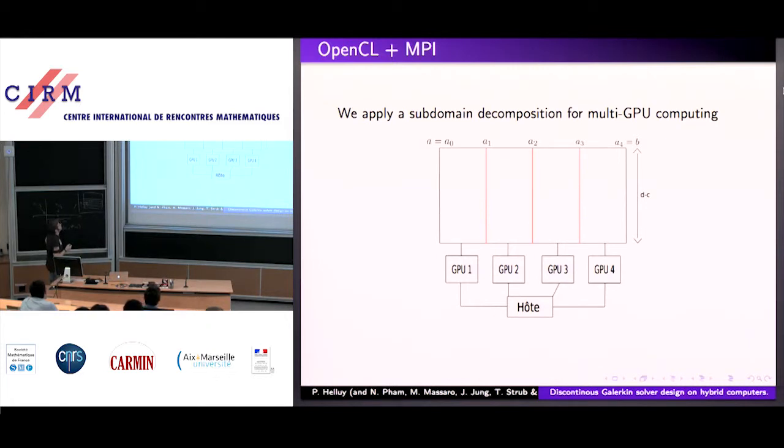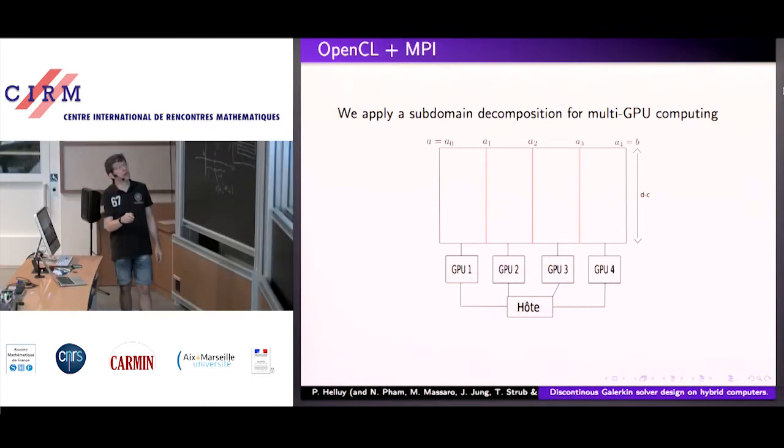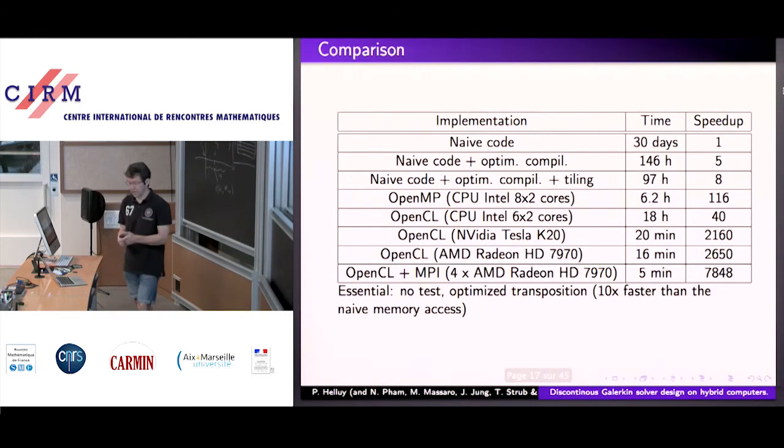Then you can add an additional parallelism in this approach, which is to split the grid in several slices. You can give each slice to one GPU, and you can exchange data between GPUs thanks to MPI, the message passing interface that you all know, that permits to perform communication between two processors. So you can extend the parallelism by MPI.